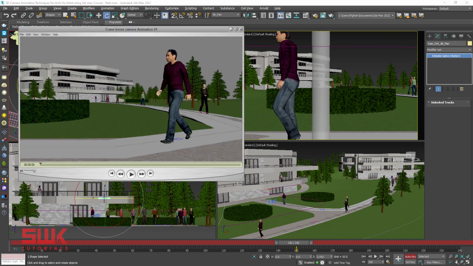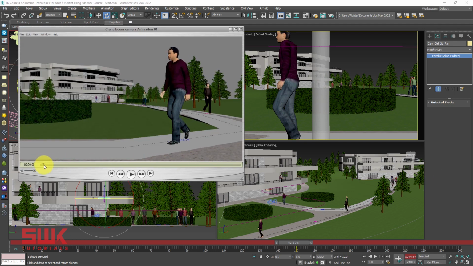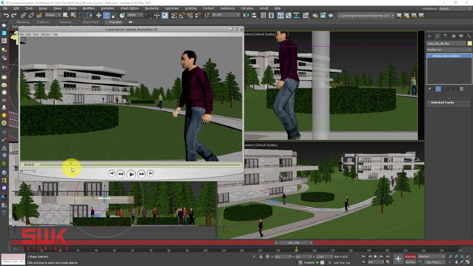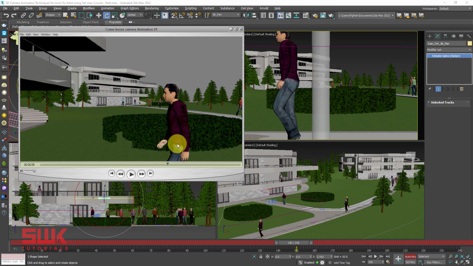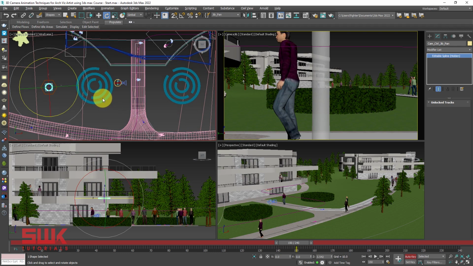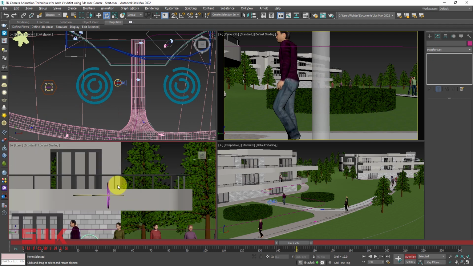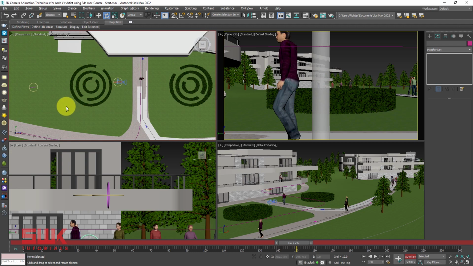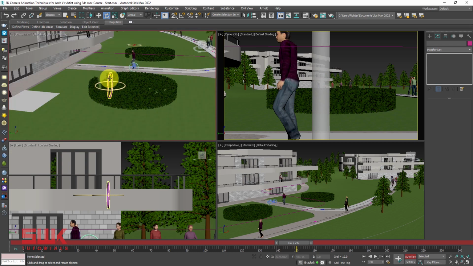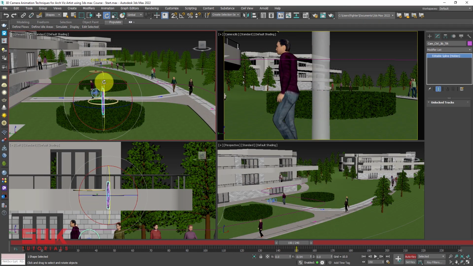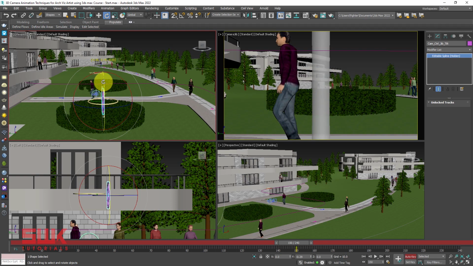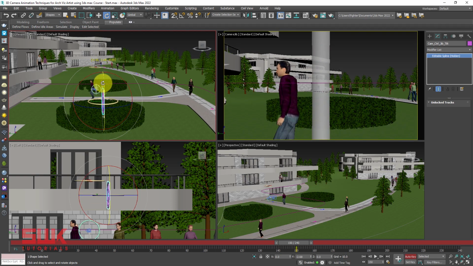Now, if you see in my original animation, when the guy is moving, my camera is going up at around 5 seconds, something like this. You can see my camera is somewhere here. It's going towards up and you cannot see its shoes or lower part. So for that, we will go close to this and select the tilt controller. The tilt controller is actually used to make the rig go up or down. So I will just make it a little bit up like this.